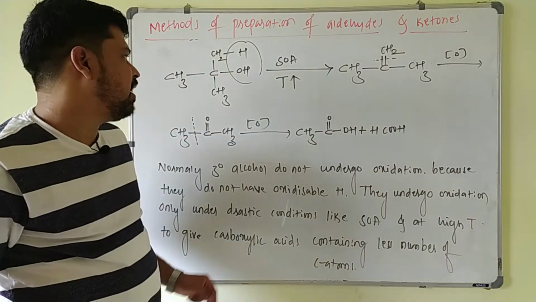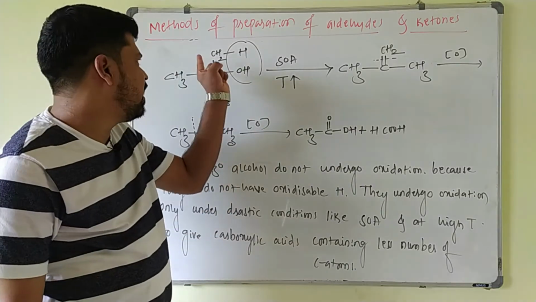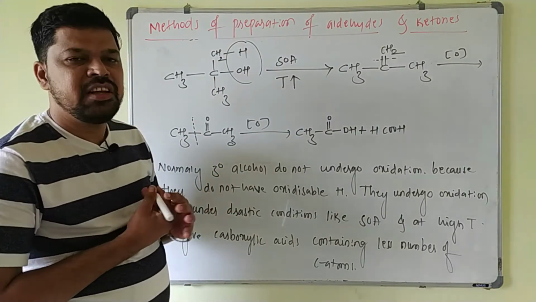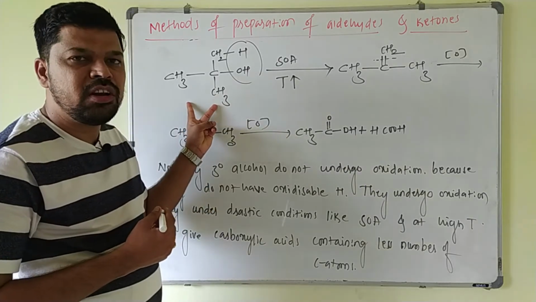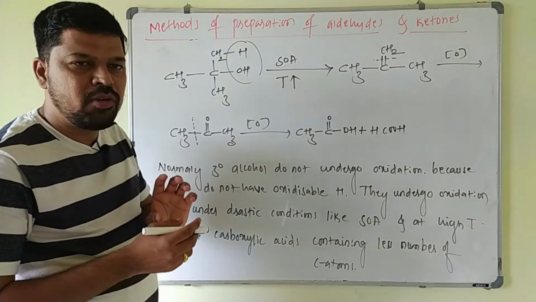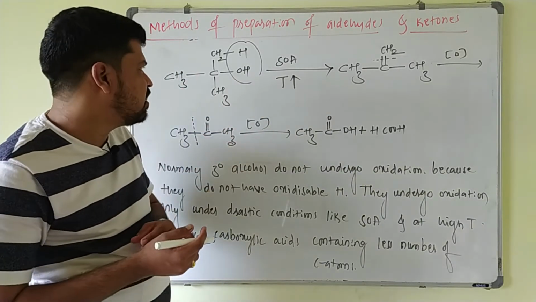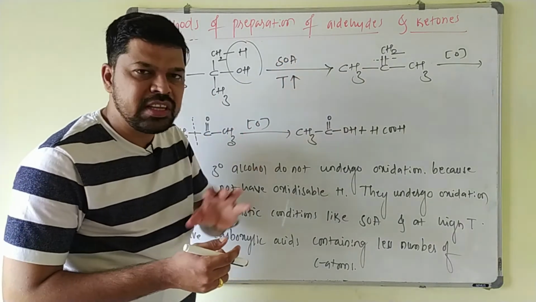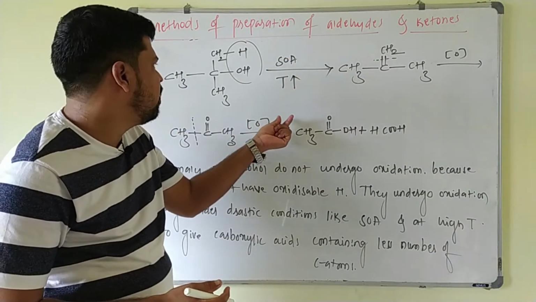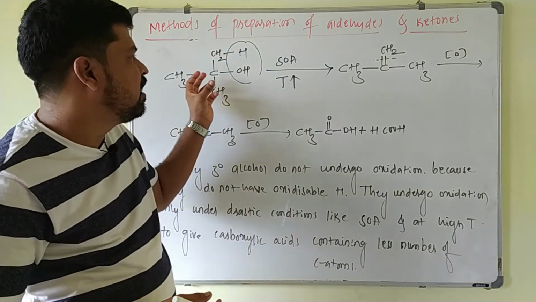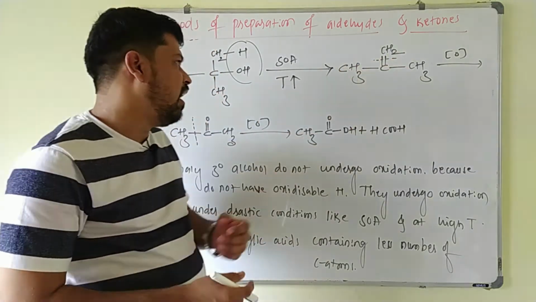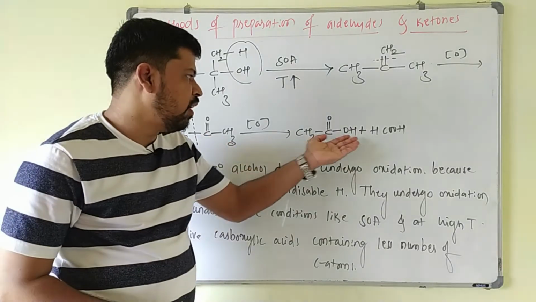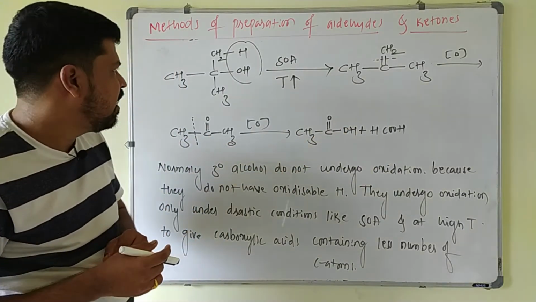So always keep in mind, whenever tertiary alcohols are there, they do not contain any oxidizable hydrogen. That's why they do not undergo oxidation. If you want to do the oxidation of tertiary alcohol, which involves the breaking of carbon-carbon bond, it requires more amount of energy, so only under the drastic conditions, like you have to use a very strong oxidizing agent, and a very high temperature, then only there is a breaking of C-C bond, and ultimately it will be converted into ketone. Ketone upon oxidation again gives what? 1 carbon acid and 2 carbon acid, like this it is.